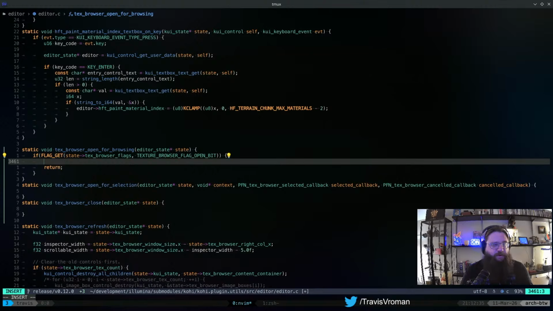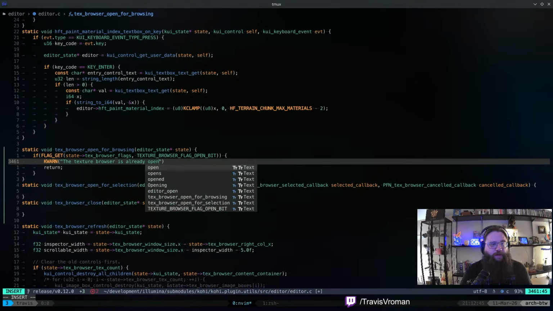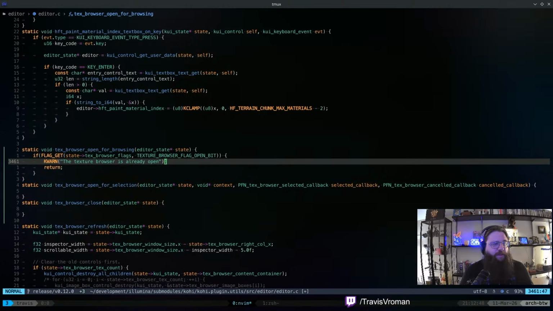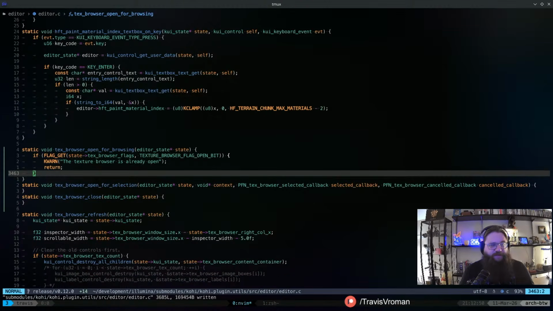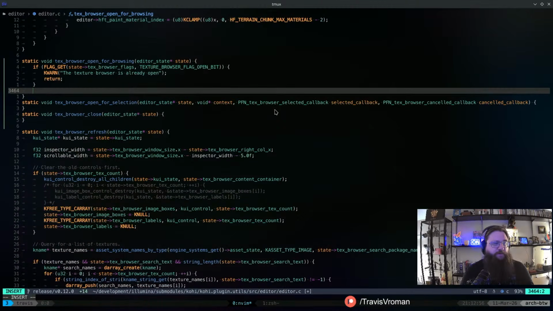And maybe we can do a warning saying the texture browser is already open. Okay. And if that is not the case, then we can say, first off,